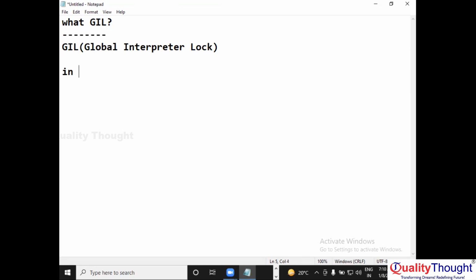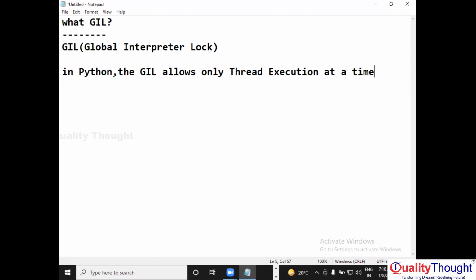In Python, the GIL allows only one thread execution at a time. Because of that reason,